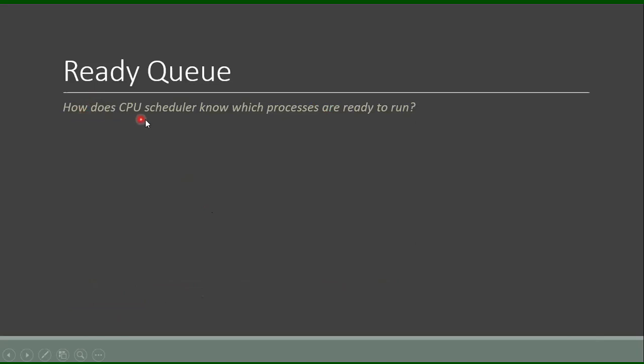So how does the CPU scheduler know which processes are ready to run, which are available for execution?